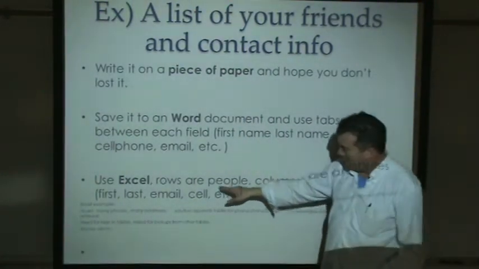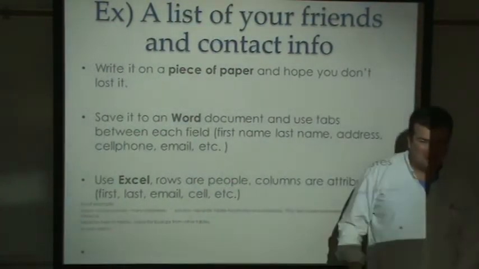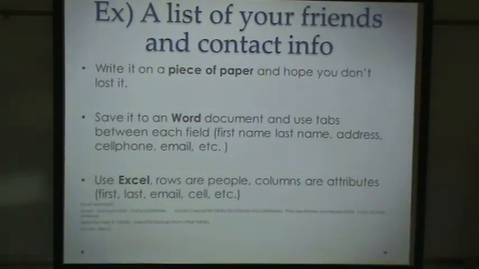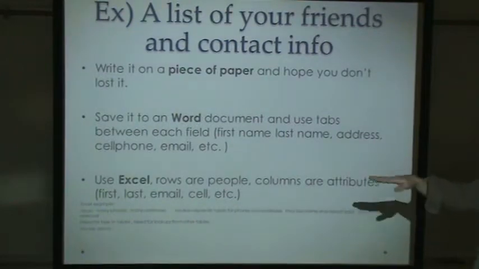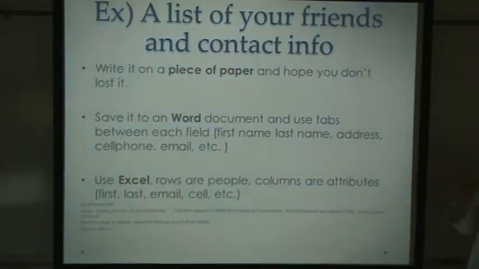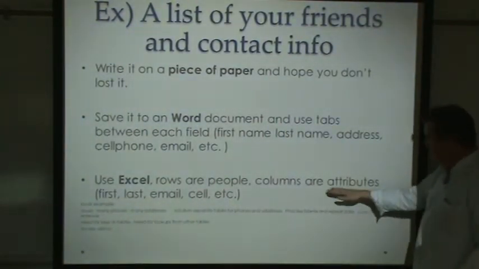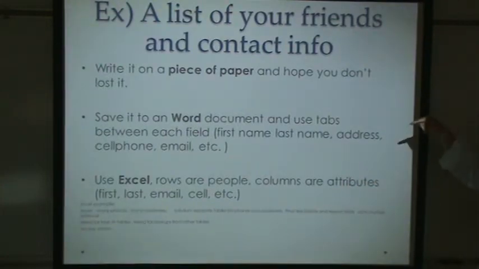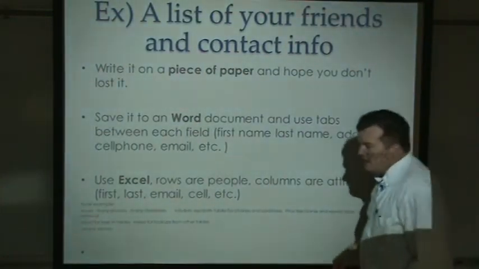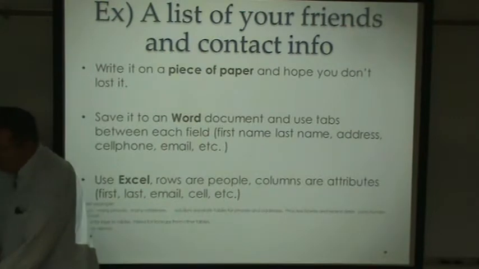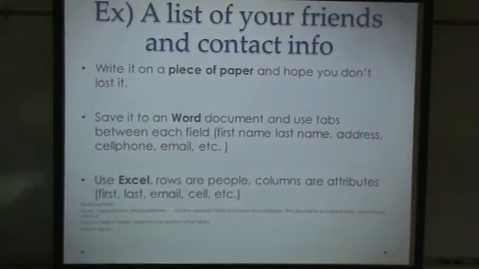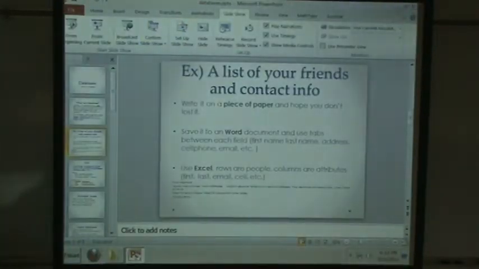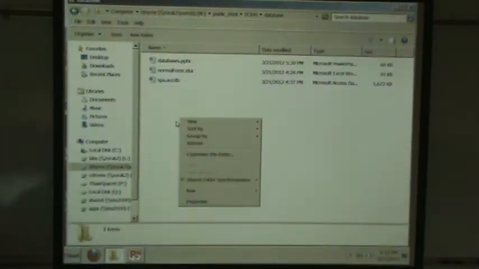which, when we start talking about databases, rows are going to become records, which is what you said. That's the official name in databases, the rows would be records. And the columns end up being attributes like first name, last name, email, cell, etc. So if we wanted to do that in Excel, we could go like this. We could make an Excel spreadsheet,